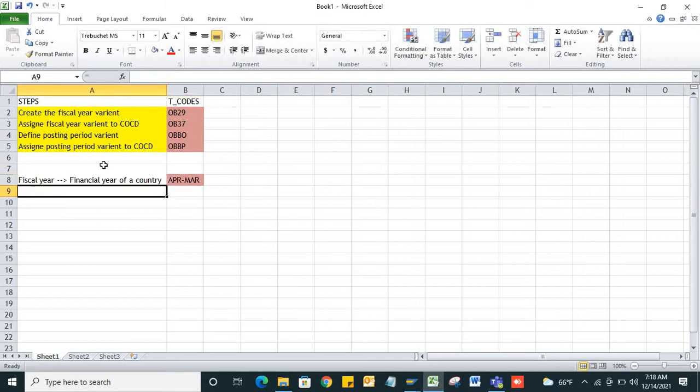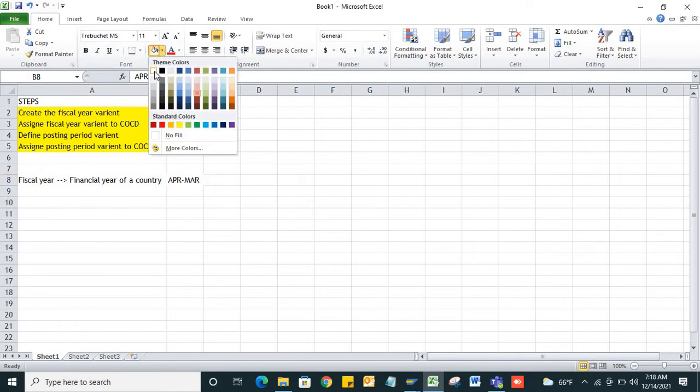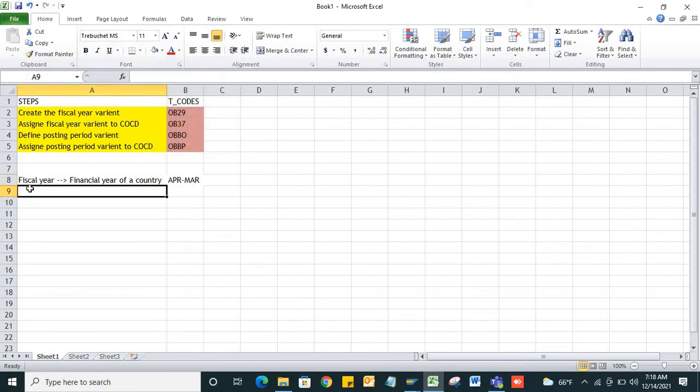And what is a posting period variant? What are posting periods? Posting period means, in the financial year April to March we have 12 months, right? Our financial year starts from April.